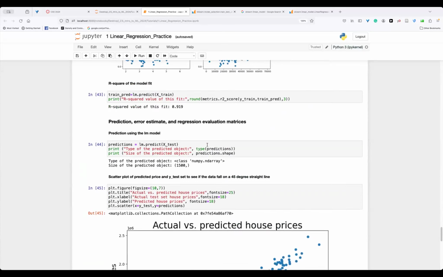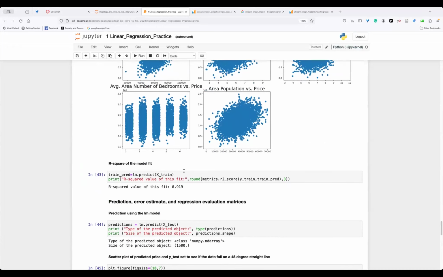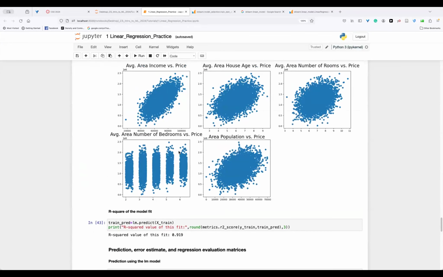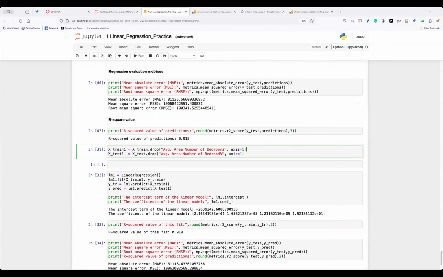So we've seen how each column is correlated with the price in the prediction. We've seen that the number of bedrooms is rather irrelevant. And the question is, if we drop it, what will happen to the performance? So we can create an extra train and test, X_train_1 and X_test_1, where we just drop this column